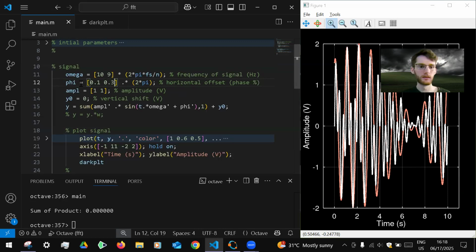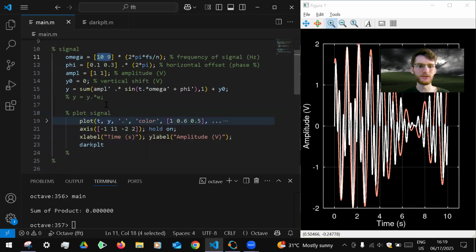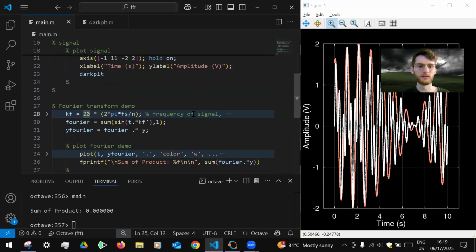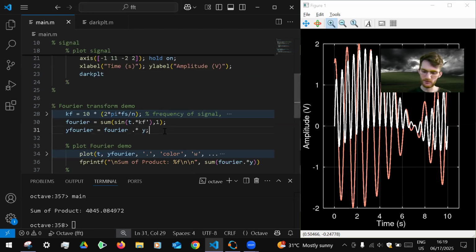So I have these ugly horizontal shifts. I have these two frequencies, and I have this nice convenient sine wave here. So I previously showed that when everything is perfectly lined up, the area or sum of product is 5,000. But cosine squared of theta plus sine squared of theta equals 1. So if I just do this once with a sine wave, the area is equal to